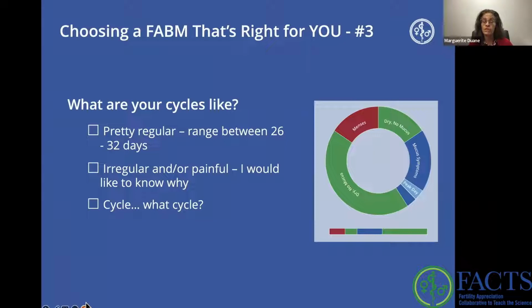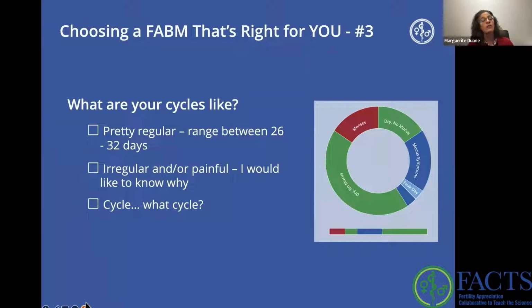In fact, most of these modern methods, especially those in which women observe their signs of cervical fluid secretions and/or temperature or urinary hormones, can be very helpful, not only at helping women to track their cycle, but even to potentially get at root underlying causes and help you to understand, why are my cycles irregular? Maybe you're not having a cycle at all. Maybe it's been months, in which case learning to observe signs can be an early indicator to help a physician trained in these methods to help you get at what is going on.